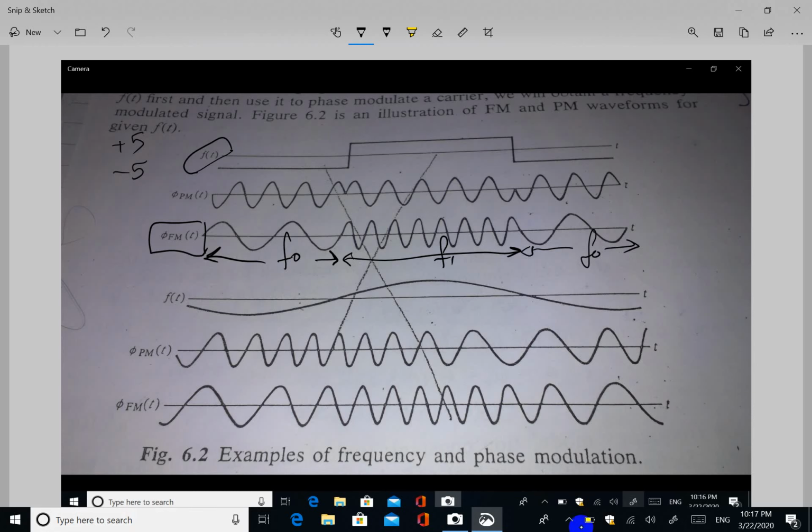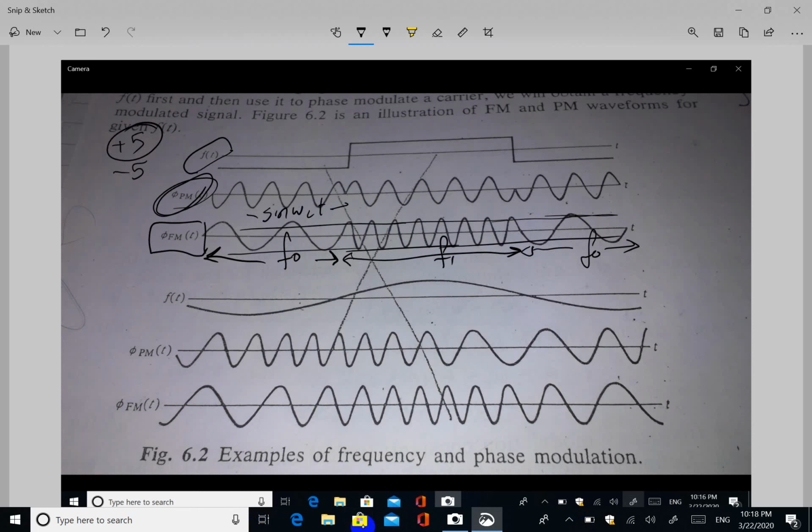Notice that the amplitude of the modulated signal is constant, and the same principles are applied for PM. In PM you just have two values. For example, for -1 you have minus sine omega c t, and for +1